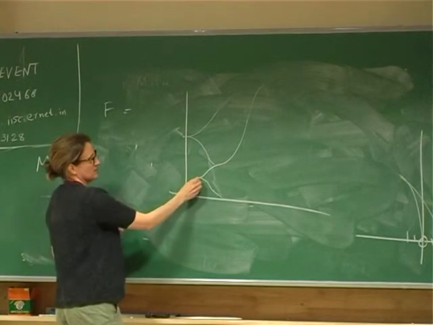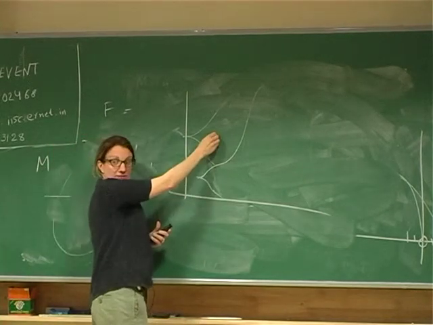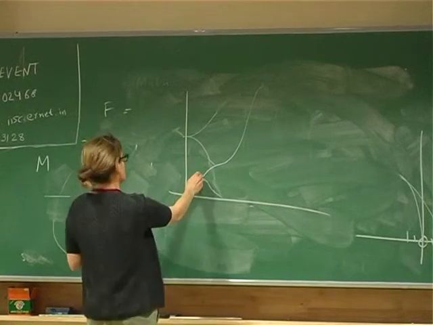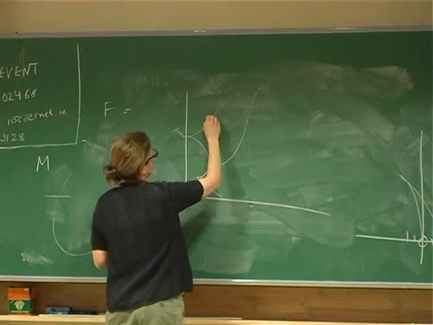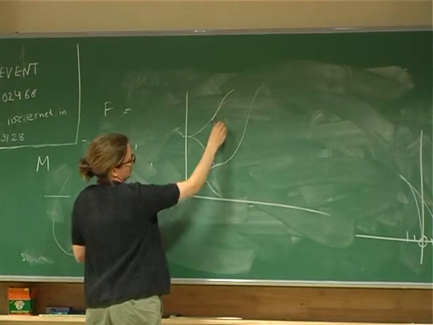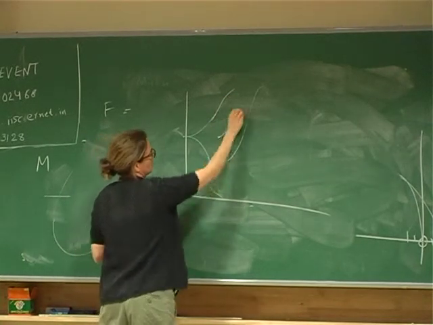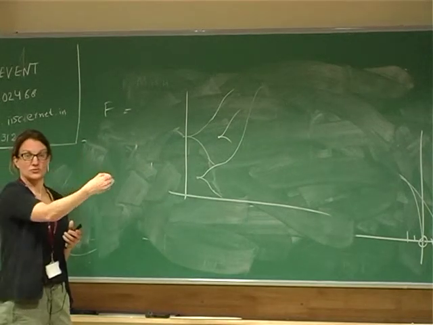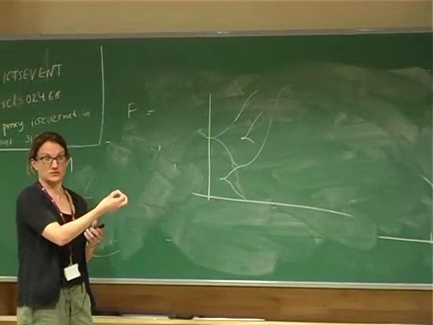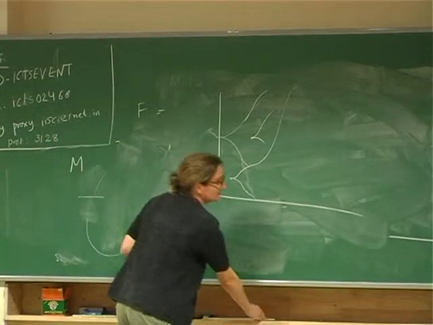But if the new mutation could have happened here, it could also have happened here. In fact, if you look at how I drew it, it's more likely to happen in the wild type, but over here, you're quite likely to get a beneficial mutation on top of this first one. And so the beneficial mutations are accruing and all happening at once, and this is the multiple mutation regime.